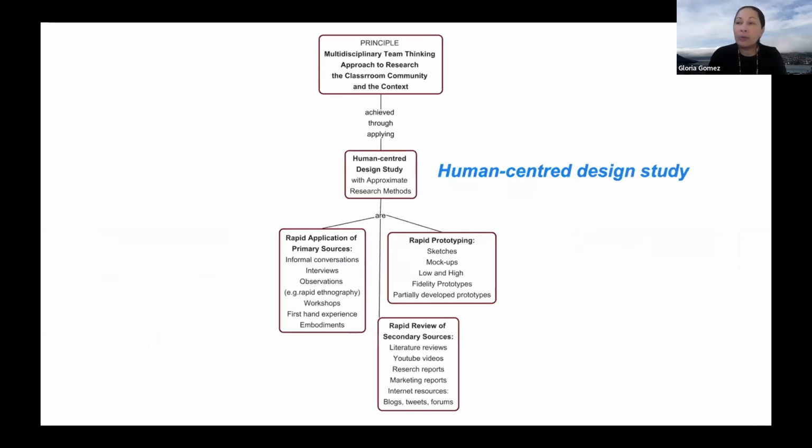You will need to use approximate research methods for rapid review of primary sources or secondary sources, as well as rapid prototyping techniques. If you are not invited early into a learning community for doing observations, you might have to heavily rely on key expert informants or secondary sources. You might need to start learning about a particular community via videos, podcasts, read about the topic in journal, conference, or magazine articles, interacting with related resources or technologies, any kind of source that lets you enter the world of every member of the community you are designing for or with.